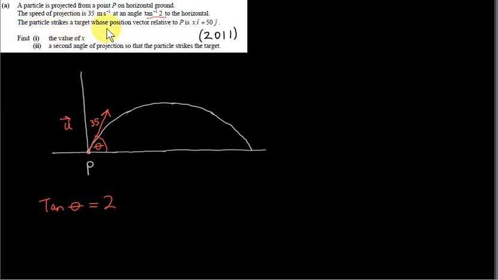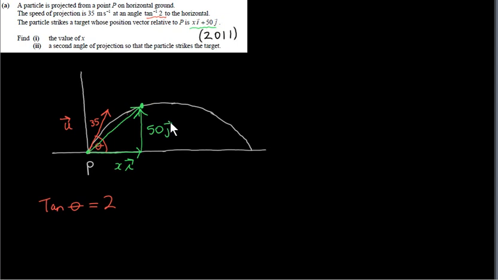The particle strikes a target whose position vector relative to P is xi plus 50j. Let's suppose that the target is here. So let's look at the position vector. This is the position vector relative to P. So P is the origin. This vector is xi plus 50j. So the horizontal component is xi and the vertical component is